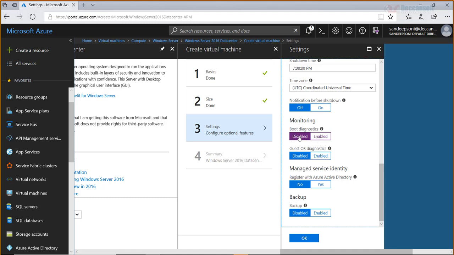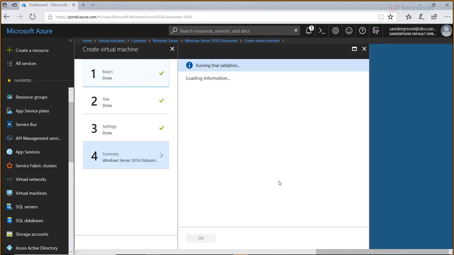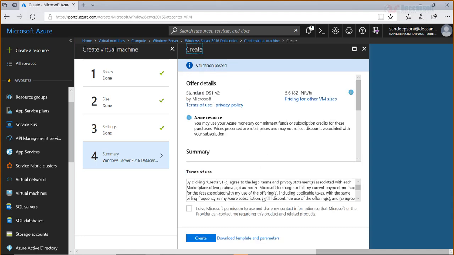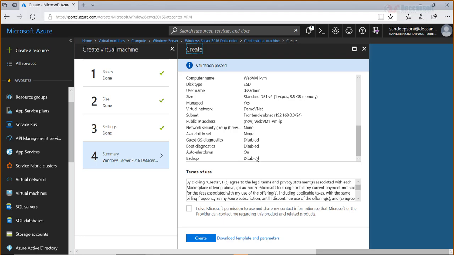This I changed, and the other thing I changed is NSG. I changed it from whatever was default to none. I moved to the advanced tab and changed it to none. Now click on OK. The summary will be shown to us showing what is going to happen. Now I decide I want to change something because I want to demonstrate